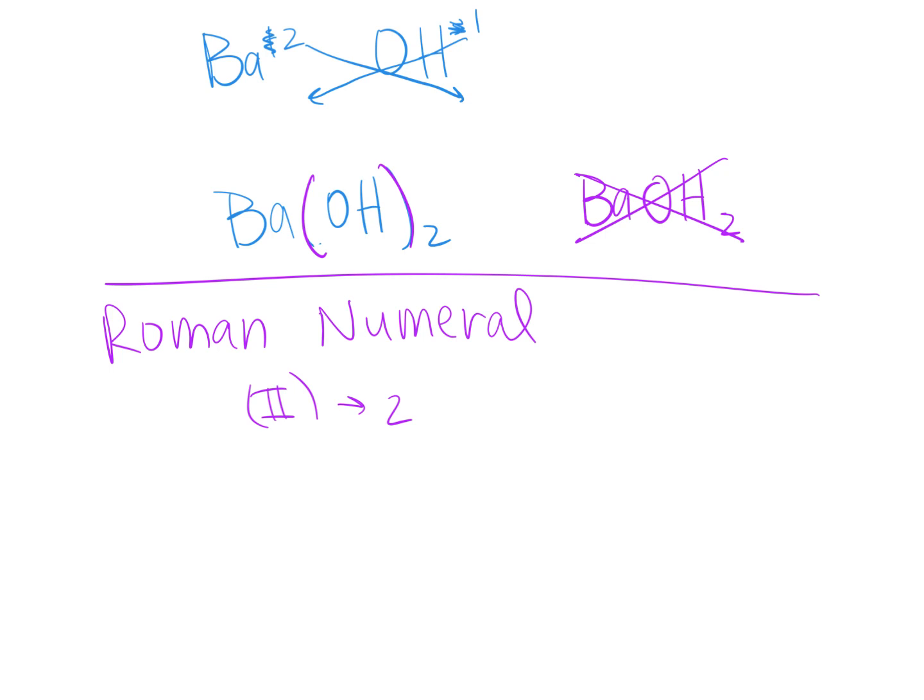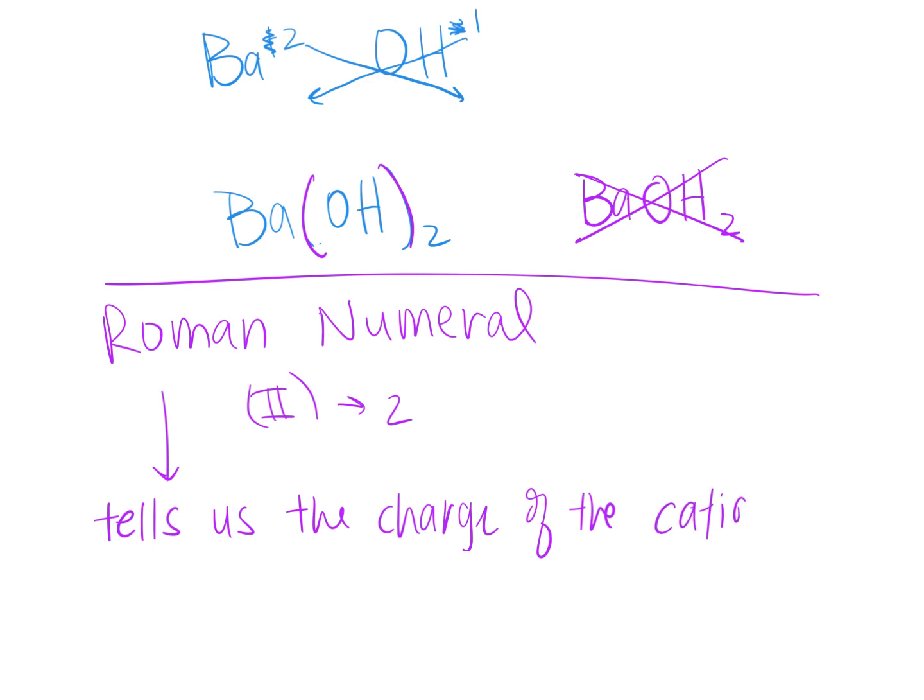These transition metals, these cations in the middle, have some flexibility with what their charge can be. And so we use Roman numerals to help us determine which version of manganese or iron or cobalt, nickel, which version of those cations we're dealing with. So the Roman numeral tells us the charge of the cation. Okay? So Roman numeral, write this word down. It tells us the charge of the